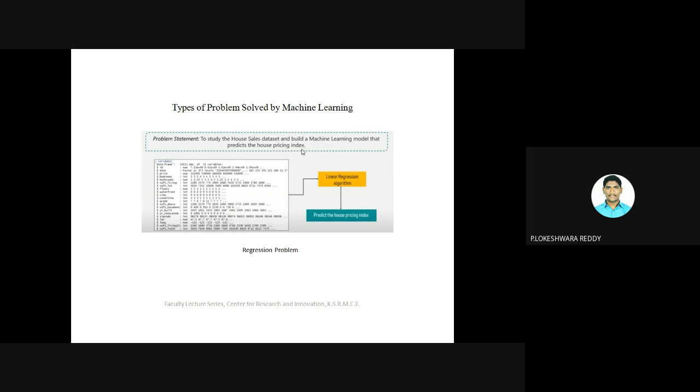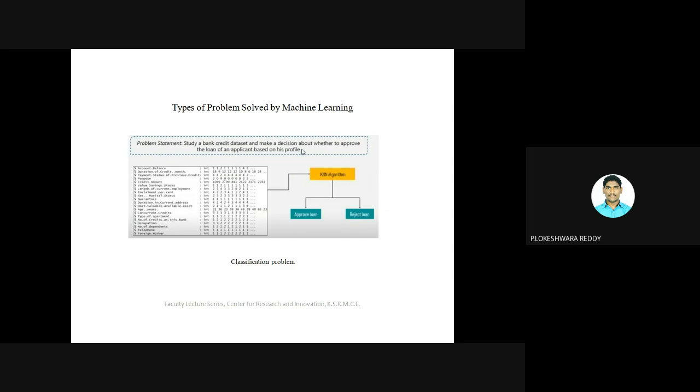This we could sort out with the help of a machine learning process. And for classification, that is whether we need to give a credit card to a particular bank customer. A particular user needs a credit card, and the bank would make use of a CIBIL score. Based on the CIBIL score, they could give a credit card to a person. That is, they need to go for the classification whether that particular person is eligible to get a credit card, or whether he is ineligible to get a credit card. That sort of classification we can also carry out with the help of machine learning,